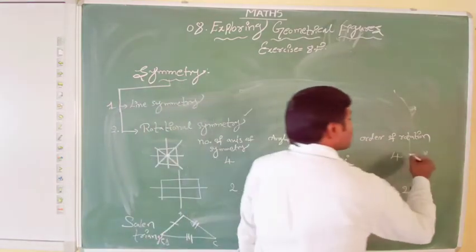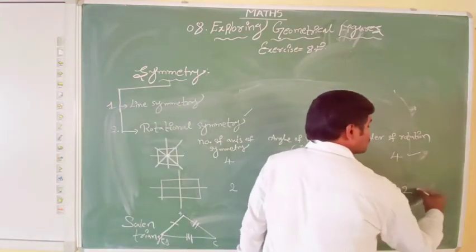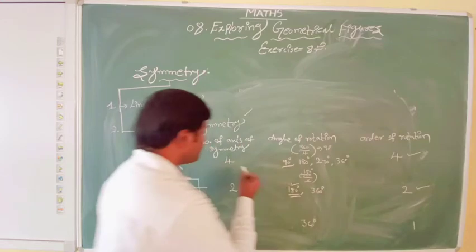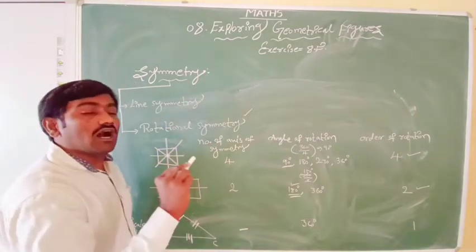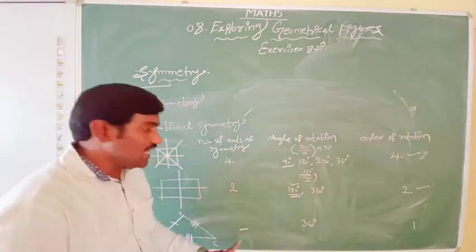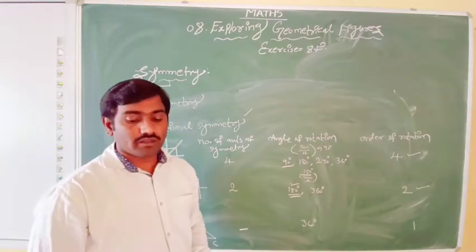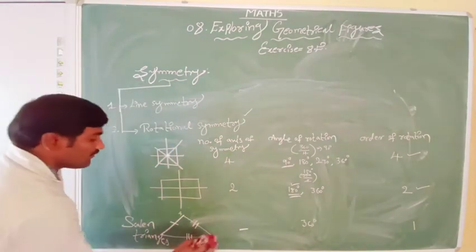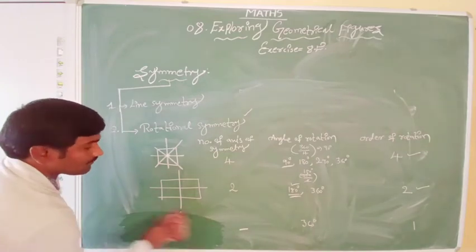See that if the order of rotation here is more than 1, it is rotational symmetry. So here a square and rectangles have rotational symmetry. A scalene triangle does not have rotational symmetry. Instead of a scalene triangle, if you take an equilateral triangle,